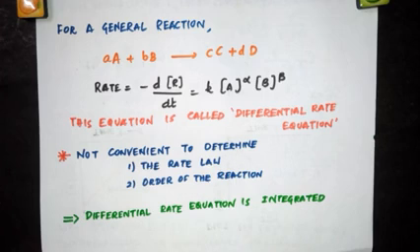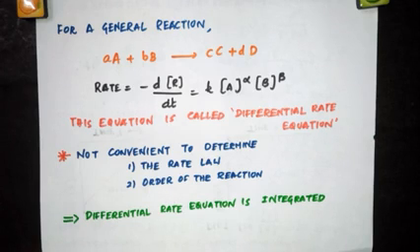So to overcome this difficulty, we usually integrate the differential rate equation of any order. In the previous video, we have seen what is order and how we classify chemical reactions based on the order. We have zero order, first order, second order, third order, and so on. So we are going to integrate the differential equation for the reaction of any order. That integration gives you an equation which relates directly time, concentration at different times, and rate constant.